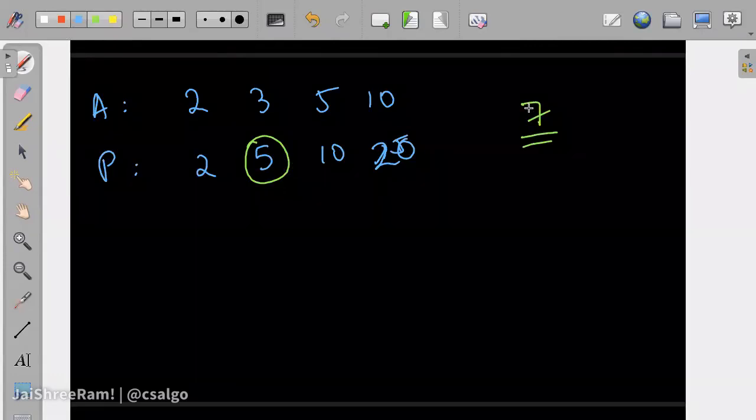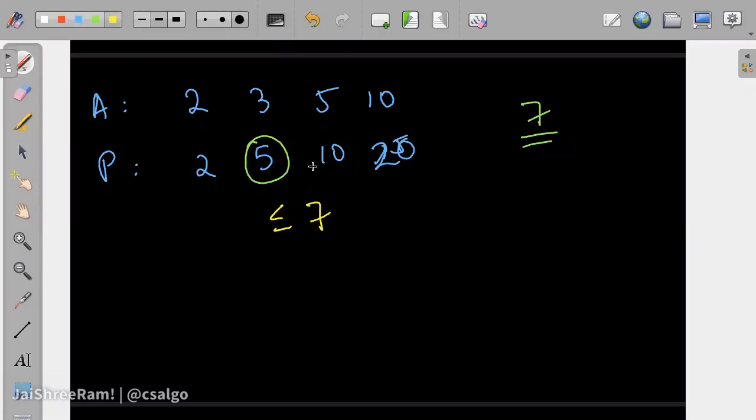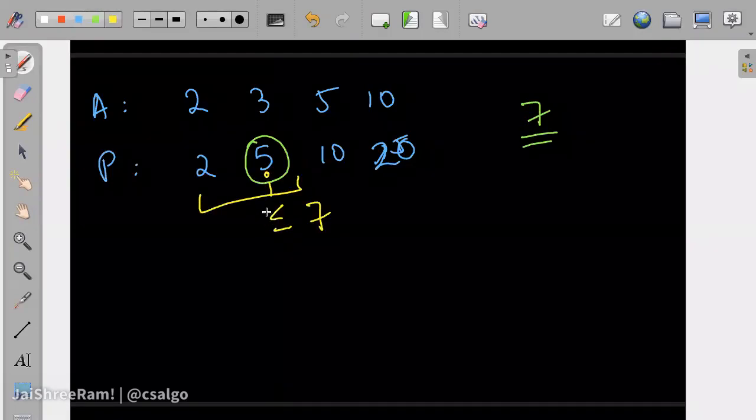Is everyone clear up to this, that if we can find the last element which is less than or equal to 7 in this array, we will get the number of items? This position means that these many items are the items that we are taking, and that will be the maximum items that we can take, because we are implementing the same logic but just in a prefix array form.